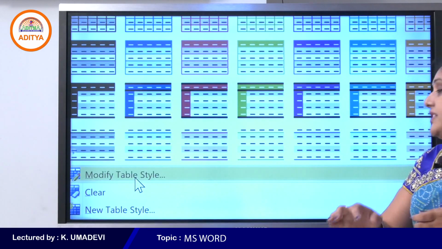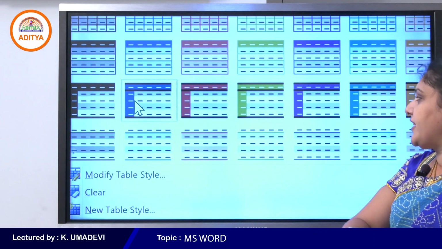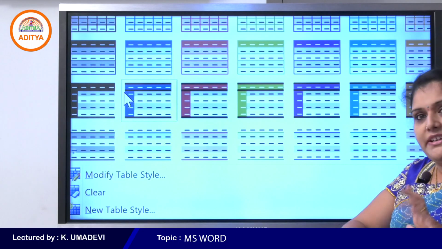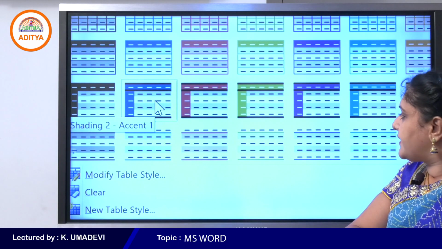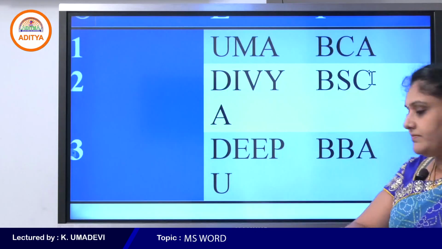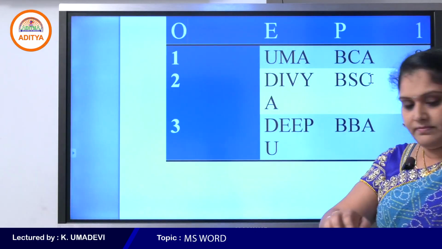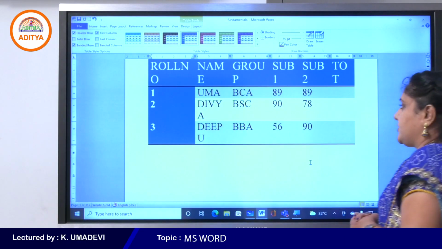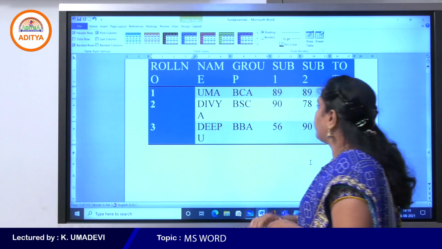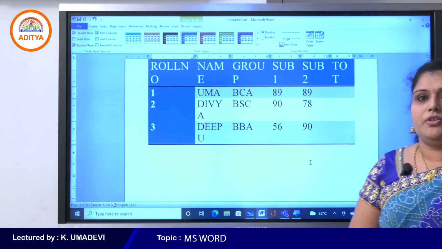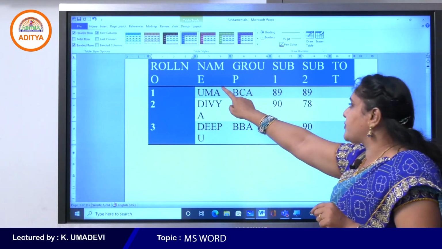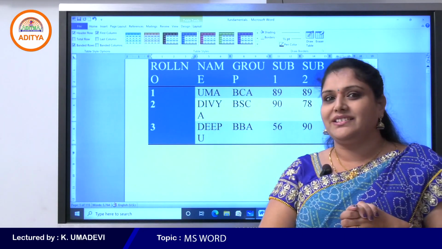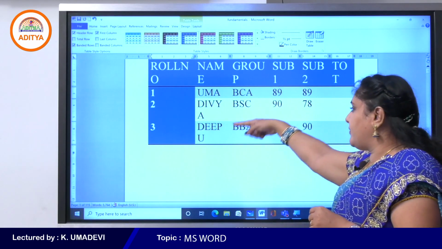Okay. So these are the various inbuilt styles. For example, here I would like to apply this style for my table. Simply click on that particular table style. So this is one of the inbuilt styles which I can apply here. See, the first row and the first column have been colored here. Am I right? Yes, with violet color.